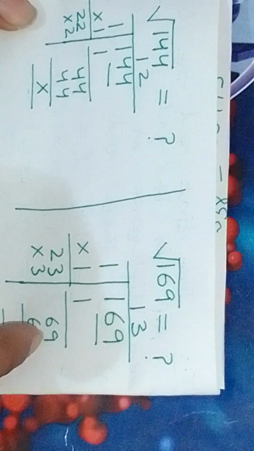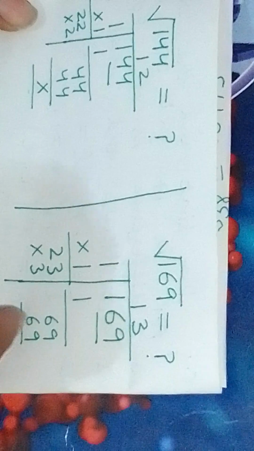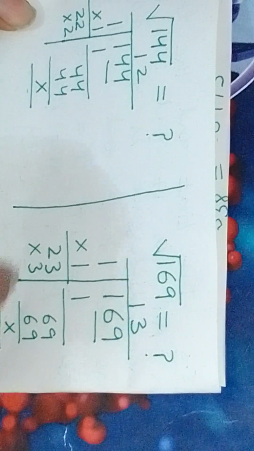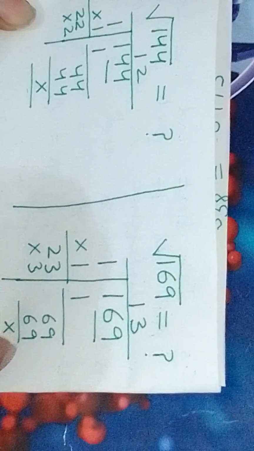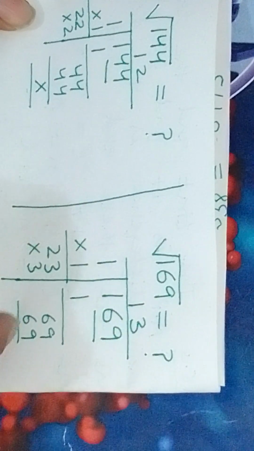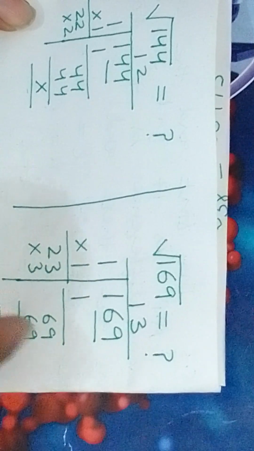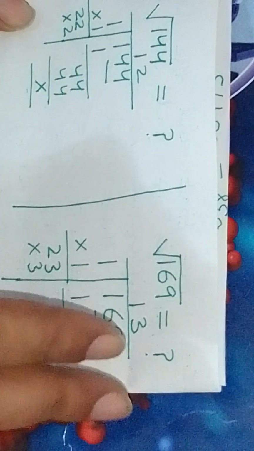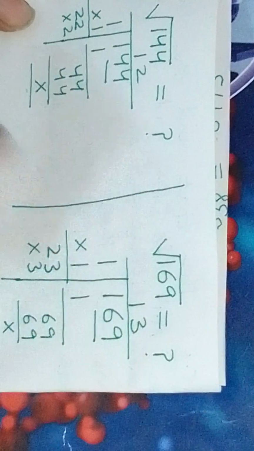Now we will take this value 2 into 1 first of all, then we will take next value 2 into 2 into 2, that comes to be 22 into 2, that comes to be 44. Then we take next value 23 into 3, and we can put 69 upon 69, hence 23 into 3, hence here also 3. In this case the square root of 169 is 13.